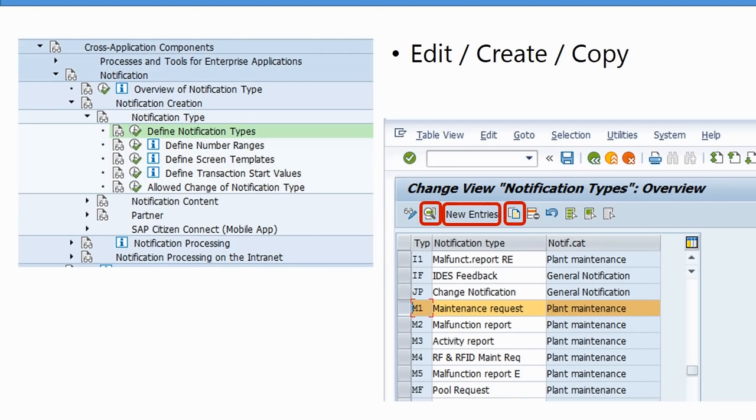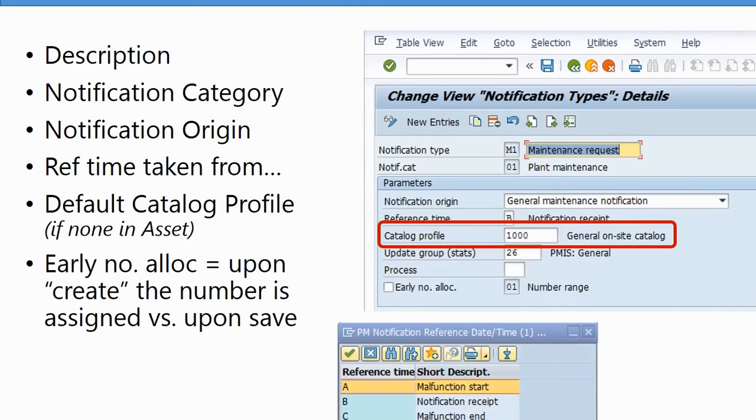So if I open up, in this list of notification type configurations, I can edit notification types, create new ones, and also copy. That's the third button, is to copy an existing one. So all the parameters that are in there also get copied. Because a notification type has a lot of details when you're creating or editing a notification type. So it has a description, the category, the origin, reference time, the default catalog profile is assigned to it, which we'll talk about later. Basically, the catalog profile would be like the